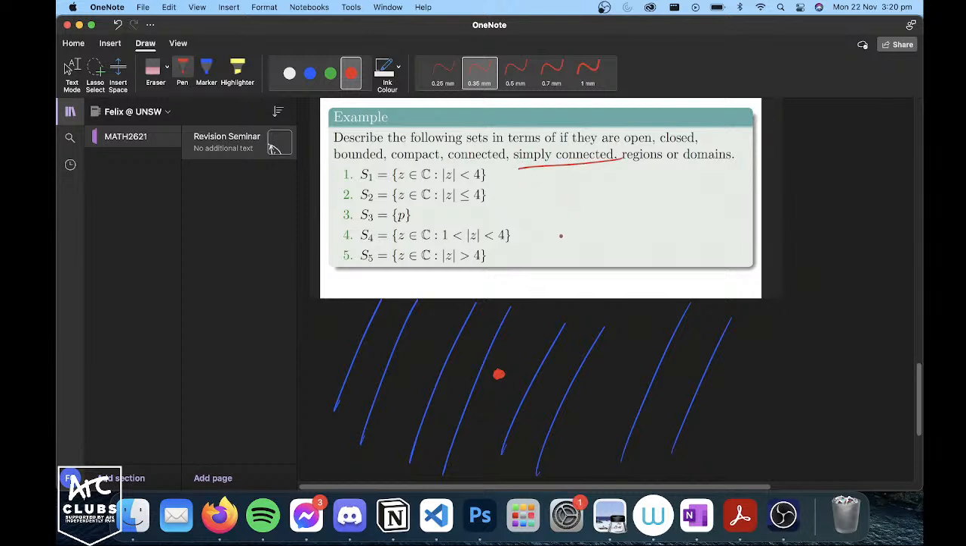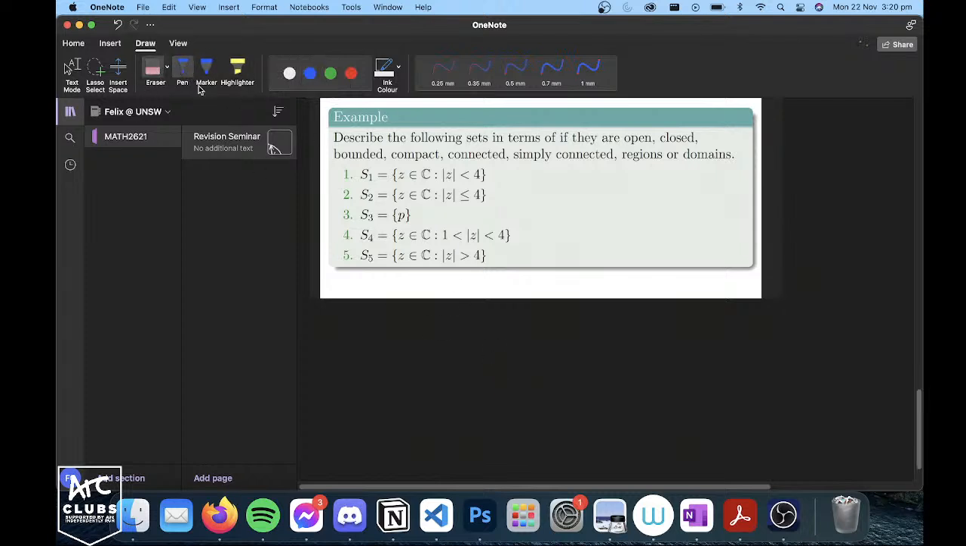It's also simply connected. And because it's not open, it's not a region or a domain. Okay. That's question number 3. Let's speed through question number